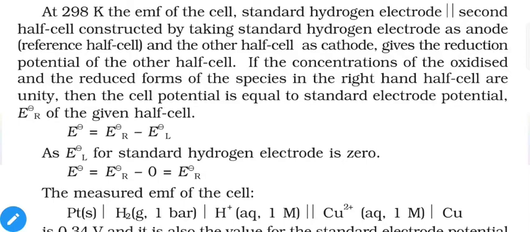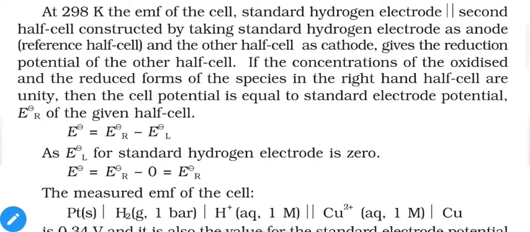But still, let us assume we conduct a cell. We connect two different half cells, one hydrogen half cell and one random metal. In this case, hydrogen behaves as anode and the second metal or second half cell behaves as cathode. So we can say that hydrogen will be oxidized and the second metal will be reduced. It represents that hydrogen is more reactive than that metal. So if the other metal or other half cell behaves as cathode, then the cell potential is equal to the potential of that half cell.